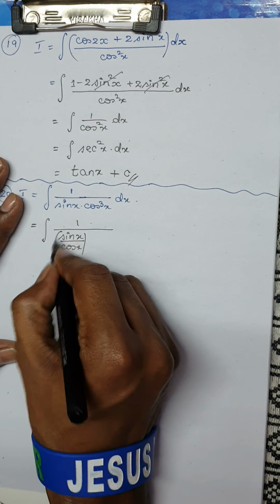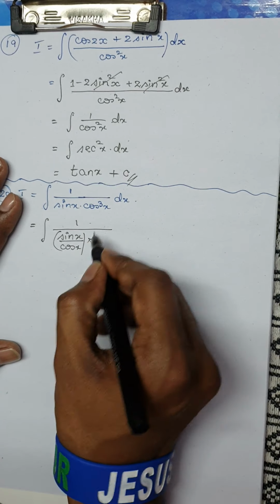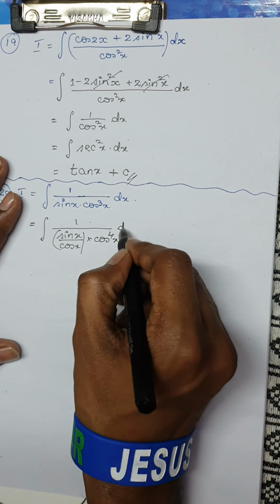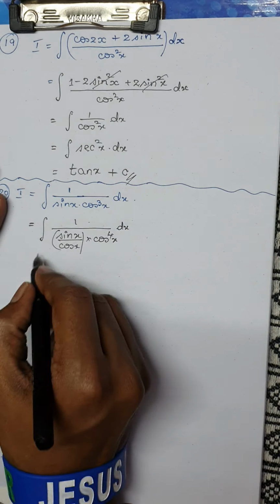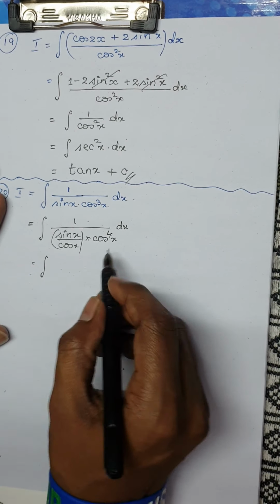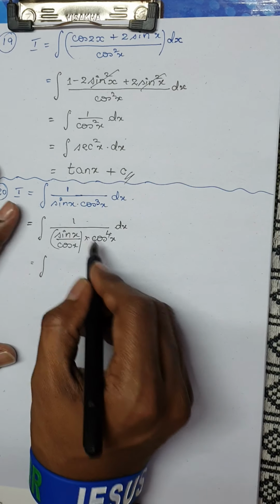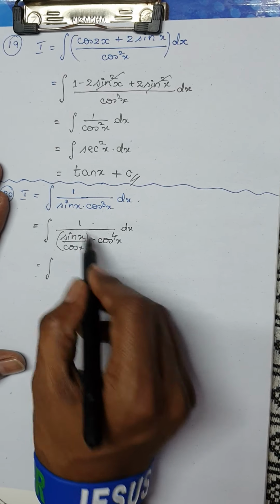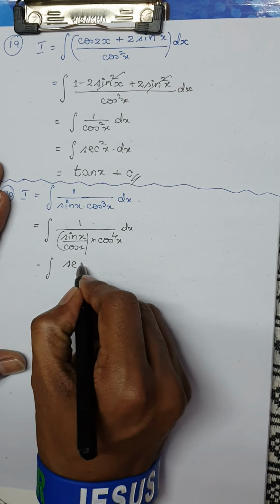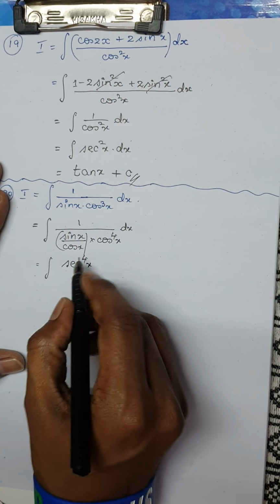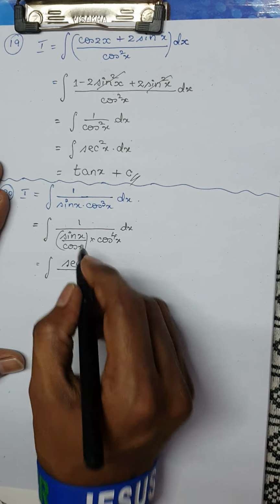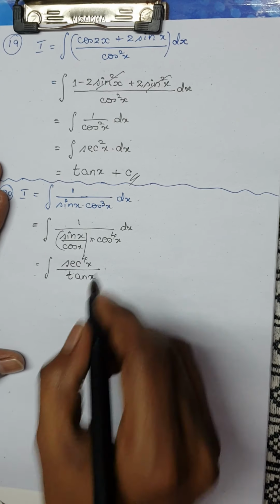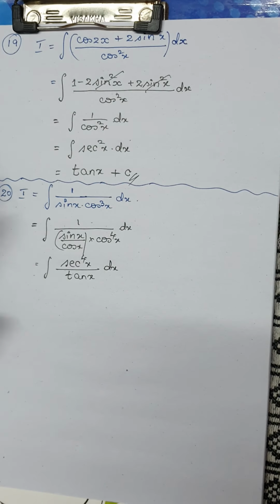See what happens. I have divided by cos, and if I multiply, cos cube will become cos power 4x dx. So this would be integral of, remember, now I'm going to take cos to the numerator. If I take cos to the numerator, we know 1 by cos is nothing but secant, so I have secant power 4x divided by, what is sin by cos? So sin by cos is tan x, and this is dx.